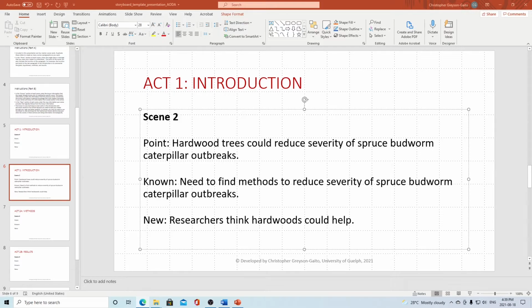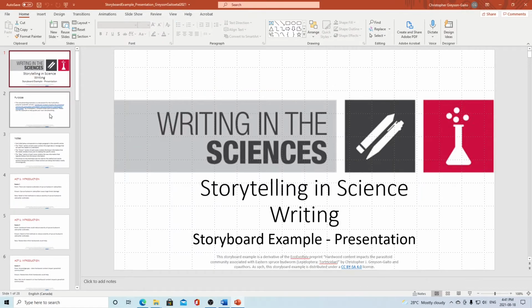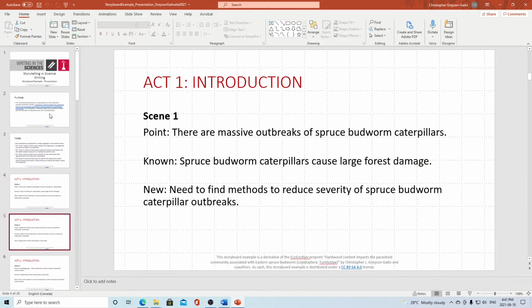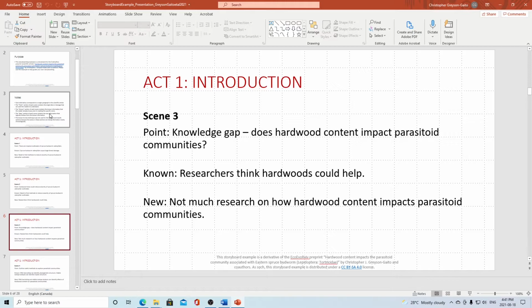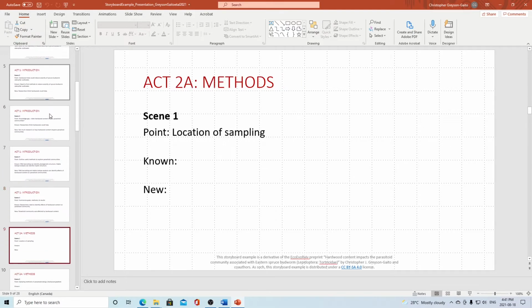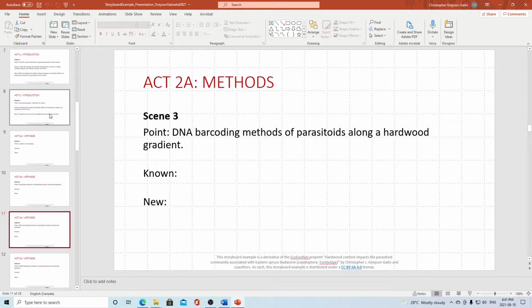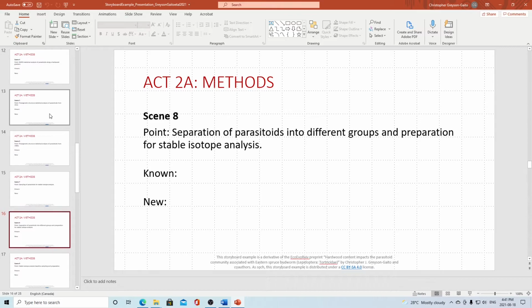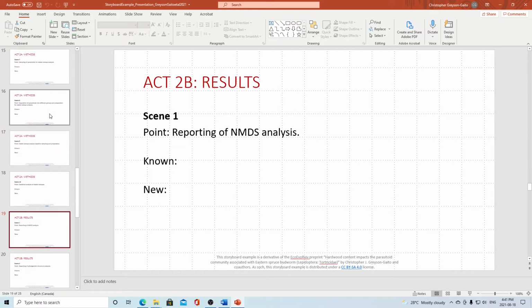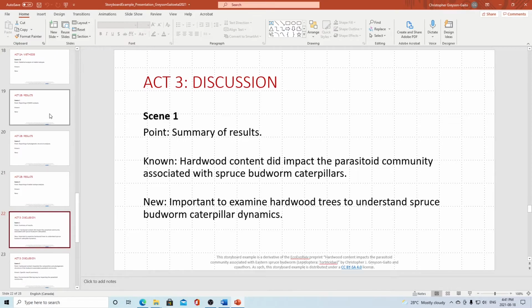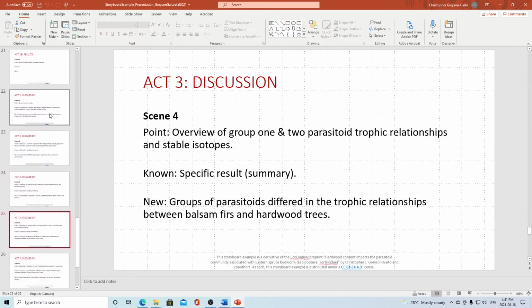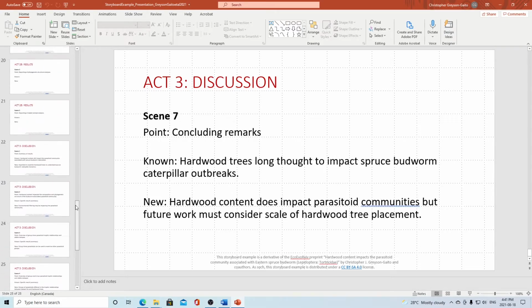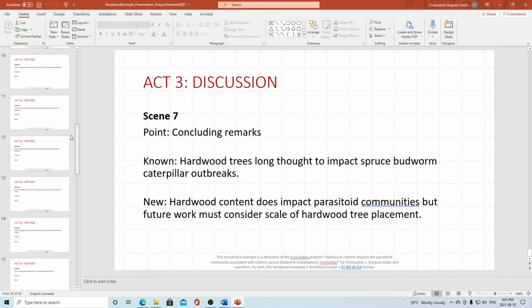Let's see the whole storyboard filled out. I have multiple scenes for each section, and I can move scenes around if I want.